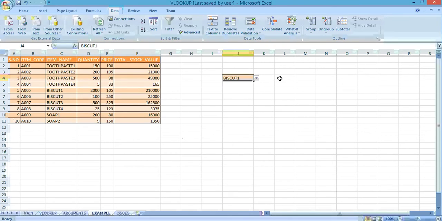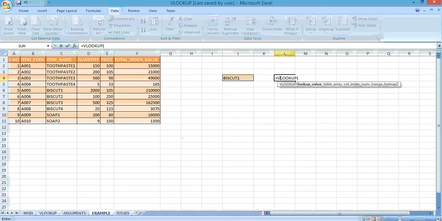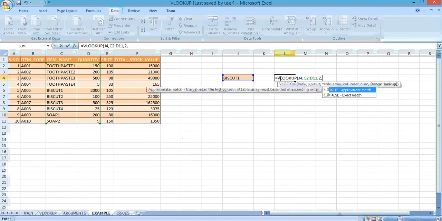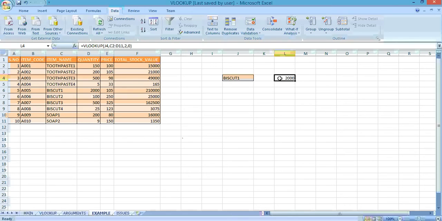He's a biscuit supplier, and I'll check it in this table. So for biscuit 1 I have enough quantity. Biscuit 2, oh, it is less, and biscuit 4 it is too less. So I will give the order for biscuit 2 and biscuit 4, right?